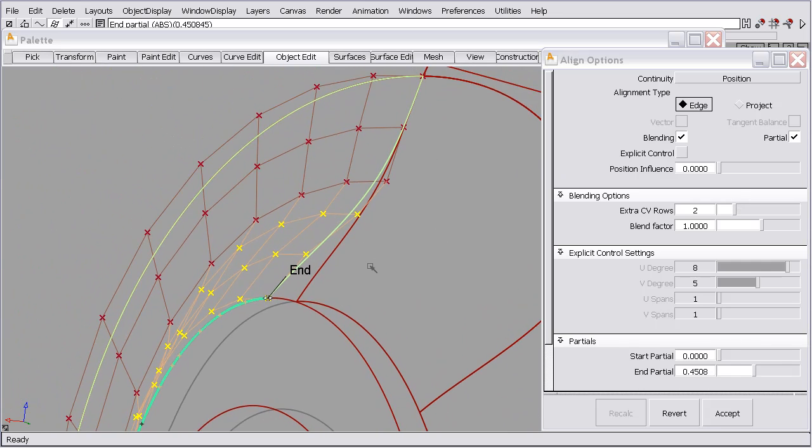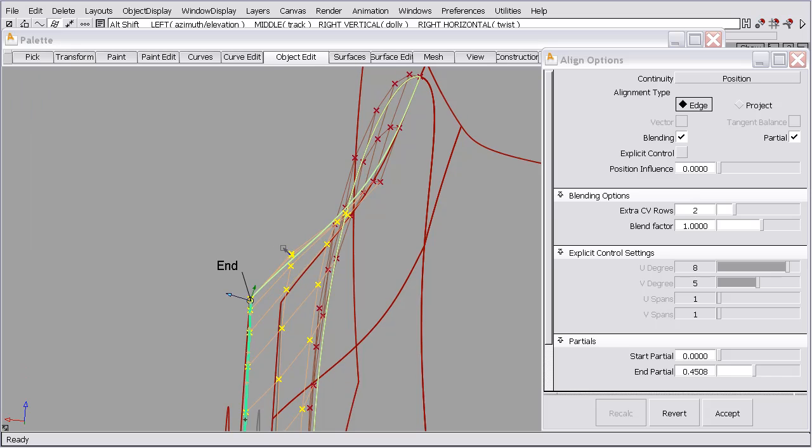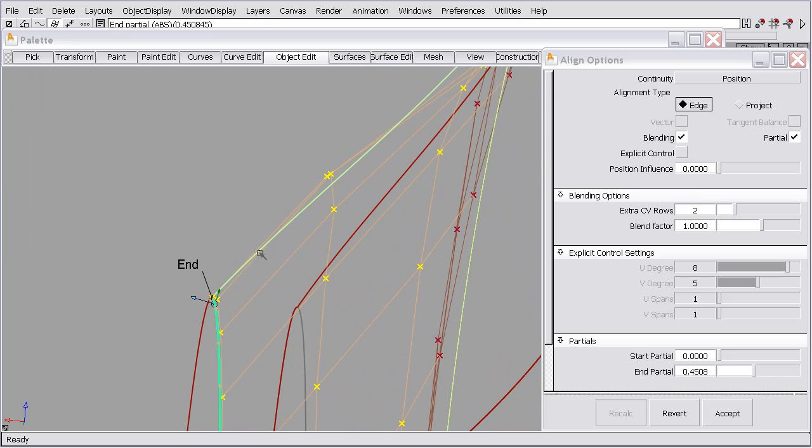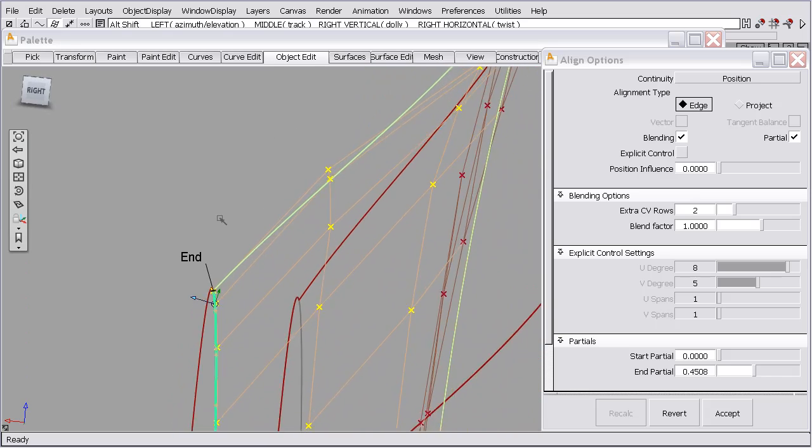Now, one thing I'd like to point out, and a thing that I like about the extra rows option, is it's specific. So I can tell the software exactly how many extra rows I want to modify. Now that's good, because I don't want to modify this curvature, tangent, or positional row, because I've already set up that continuity to the other side. So it gives the user precise control over how much modification is going to happen. Now when we look at this from the rear view again, I have added in some positive to this surface